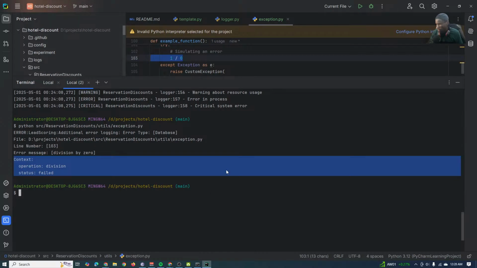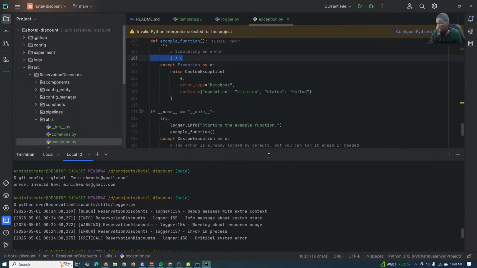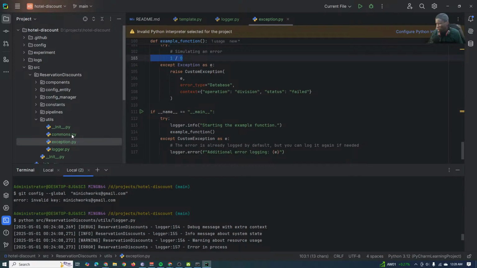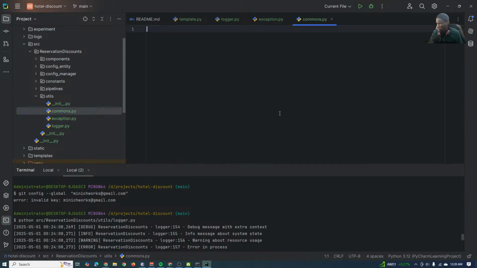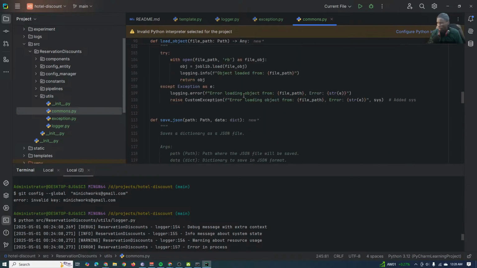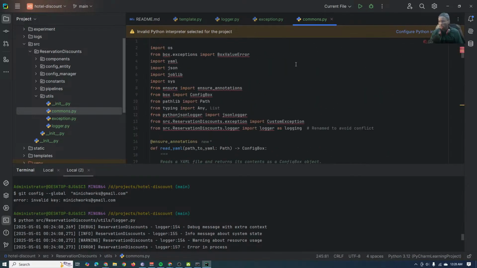Okay, so I think now we have our exception. We have our logger, we have the exception. Also, commons is another thing. So commons, these are the reusable functions that will be occurring within our project. Okay, so remember, let me just copy that, then paste it here before we can continue. So we have the utils. So yeah, the commons. This will be the common